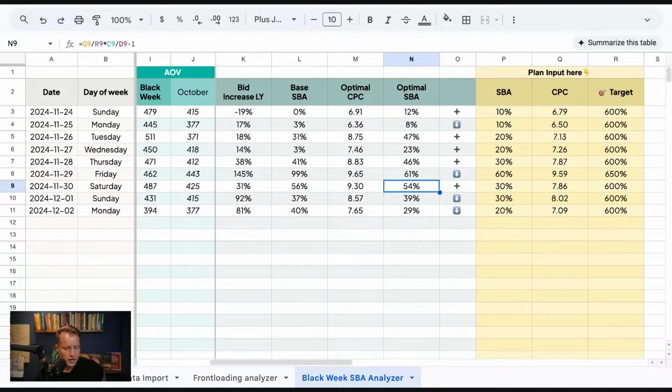We didn't run this account last year, but this is much higher than where the target is and where it's normally. And you can see that the CPCs didn't really increase. Yes, they went up on Black Friday, but not enough. We could have gotten much further. We could have gotten much further throughout the week. So the way that I look at this is that now I'm just going to do it with you guys live. When I'm looking at this, initially, I'm just going to change the targets because the targets aren't correct.